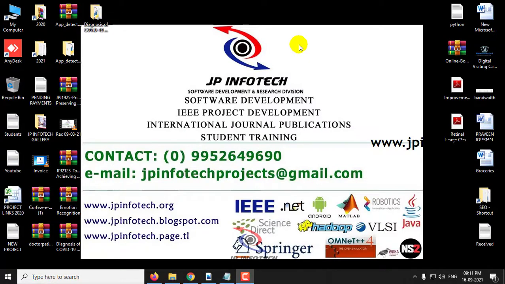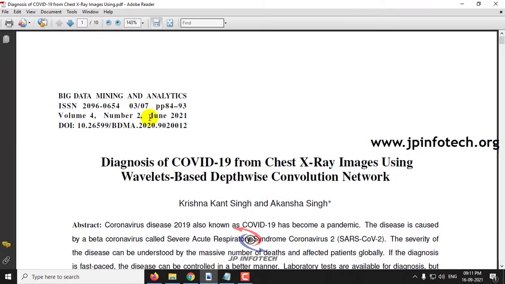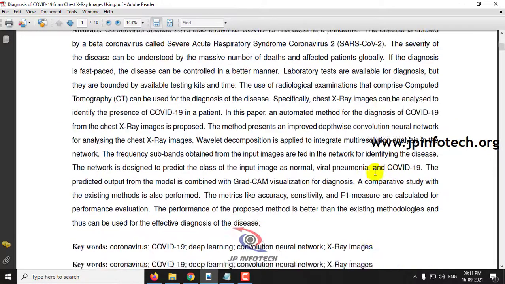Hi, in this video we are going to see about a Python project entitled Diagnosis of COVID-19 from chest X-ray images using wavelets based depth-wise convolutional network, which is an IEEE 2021 paper.